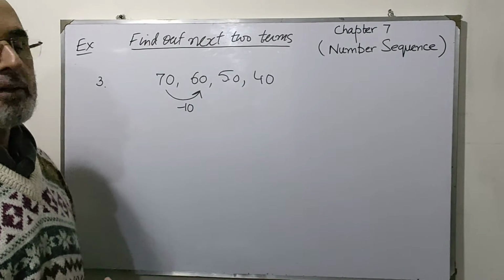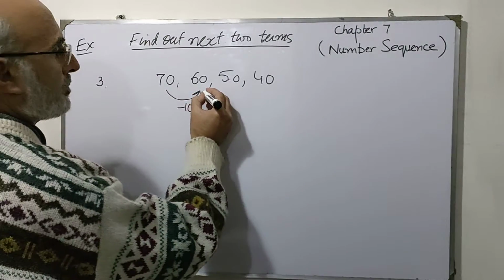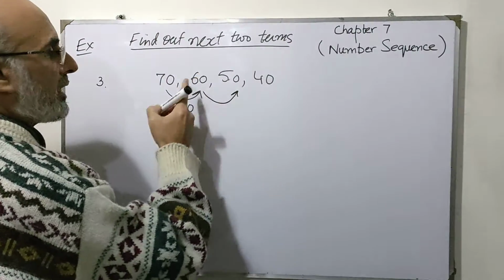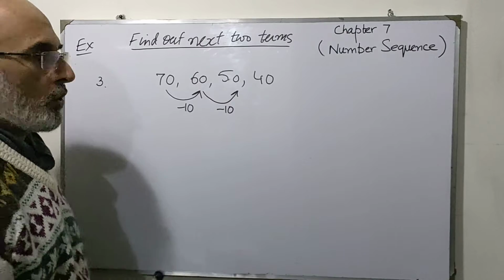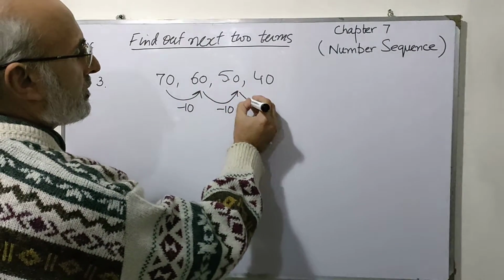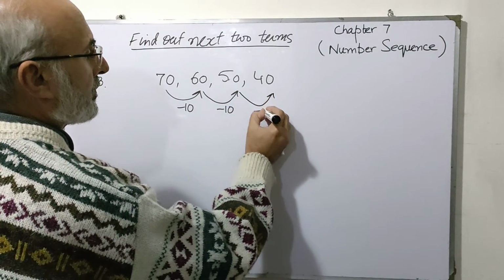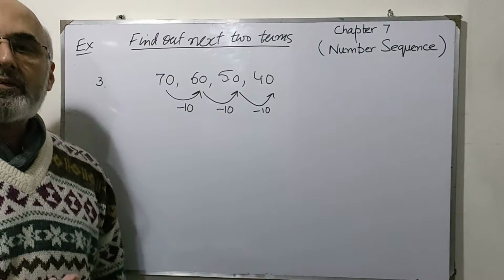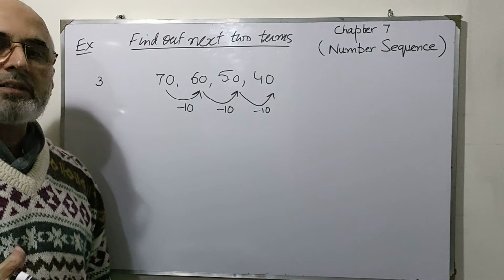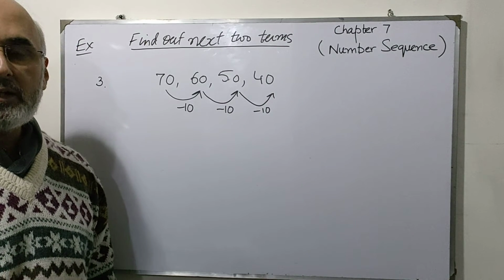So we'll apply the same thing on the second term. We'll decrease the second term by 10. We get the third term. Okay. We'll decrease the third term by the same. We get the fourth term. Okay. It means that our rule is that we have to decrease the previous term by 10 to get the